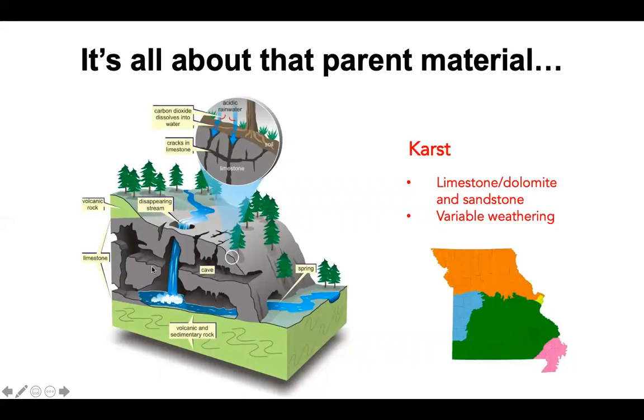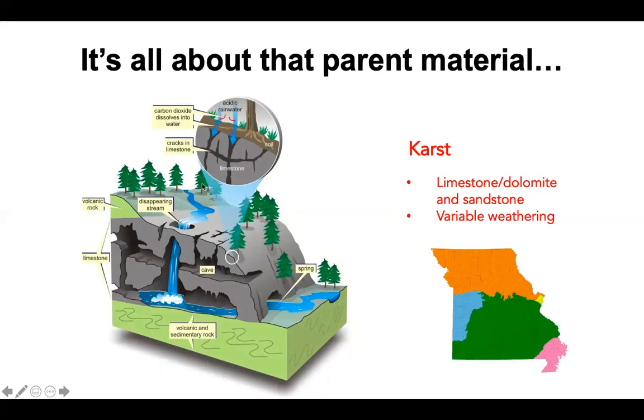And karst is actually a good example of what happens with that on a landscape. So the karst in southern Missouri, for example, is full of limestone and dolomite and sandstone kind of mixed together. Now, limestone and dolomite are carbonate-based parent materials. They weather fairly easily. So then what happens is you get water and weathering, that acidic rainwater and that chemical weathering comes in, and